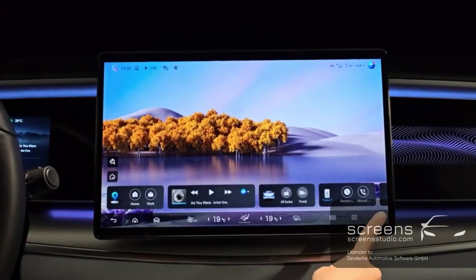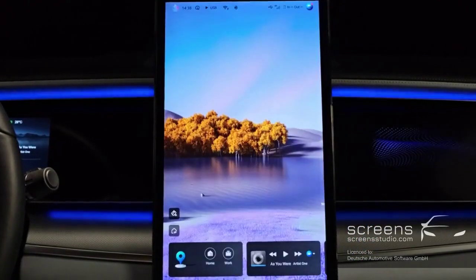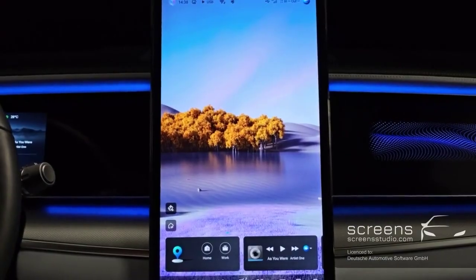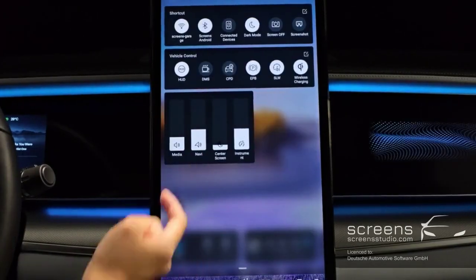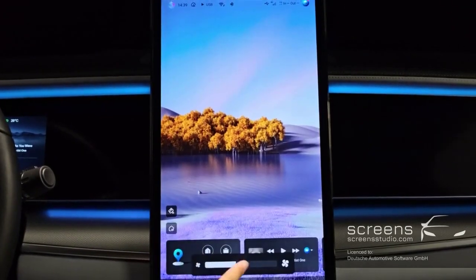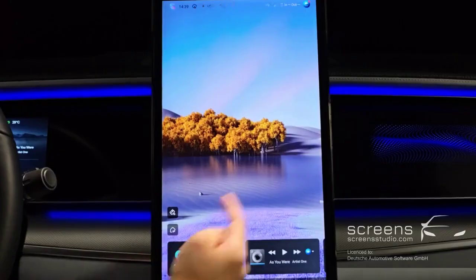On the far right, we can press to rotate the head unit 90 degrees. The system is quite well integrated with the vertical display. We have the drop-down menu, the home page, we can swipe to switch wallpapers,